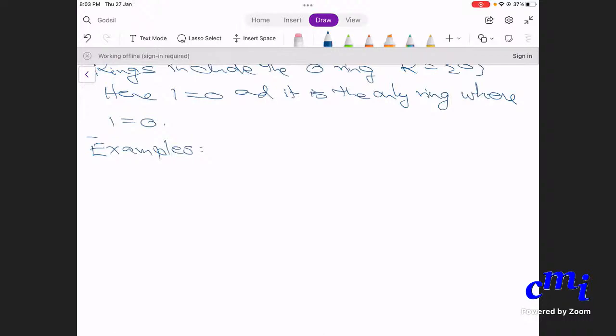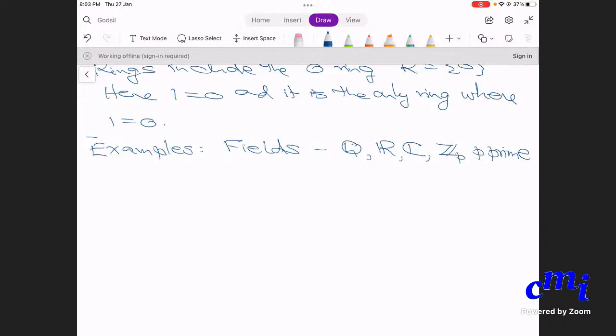So the simplest kind of commutative rings with identity are fields, with which we are quite familiar. For example, the rational numbers, real numbers, complex numbers, and the finite fields Z_p, p prime. So these are the simplest examples of rings. Why do I say that fields are the simplest examples of rings? Why not, for example, the ring of integers? That's a very simple example of a ring. But in terms of ring theory, the ring of integers is vastly more complicated than a field is, because in